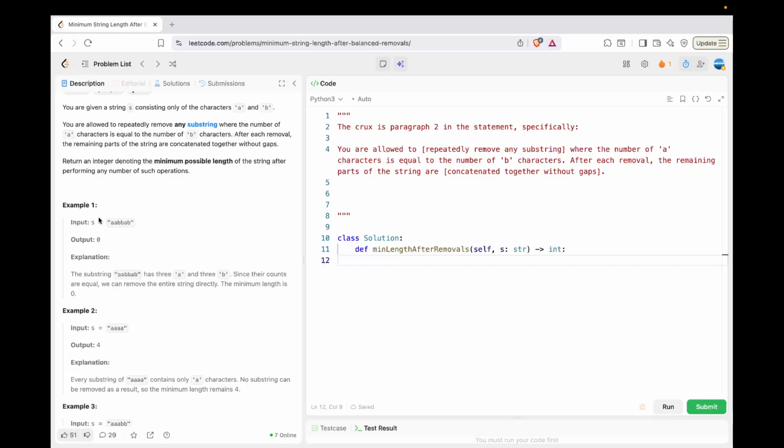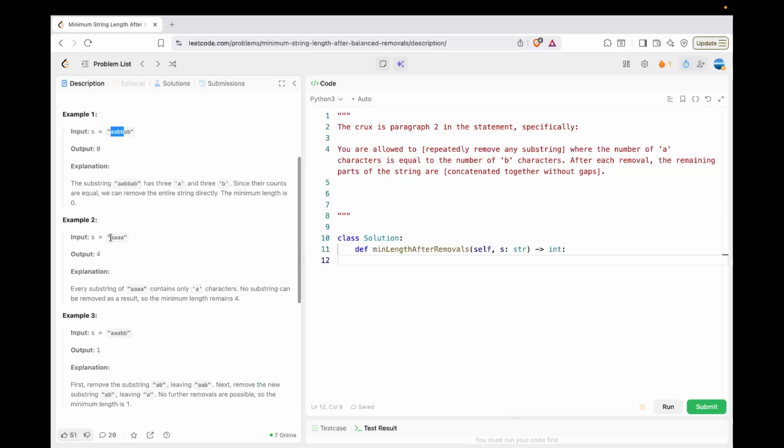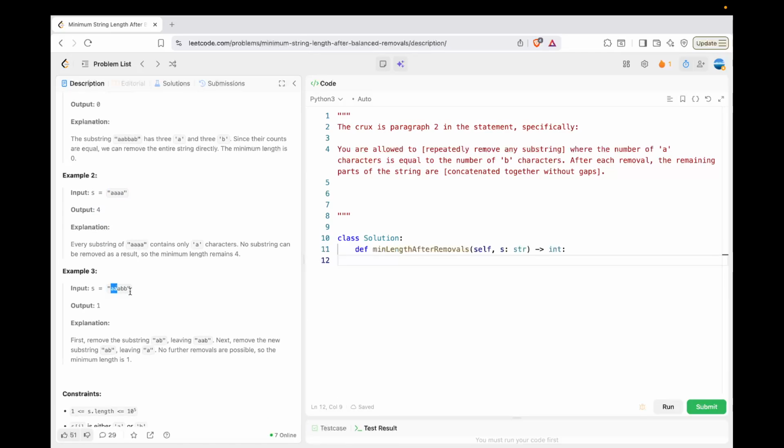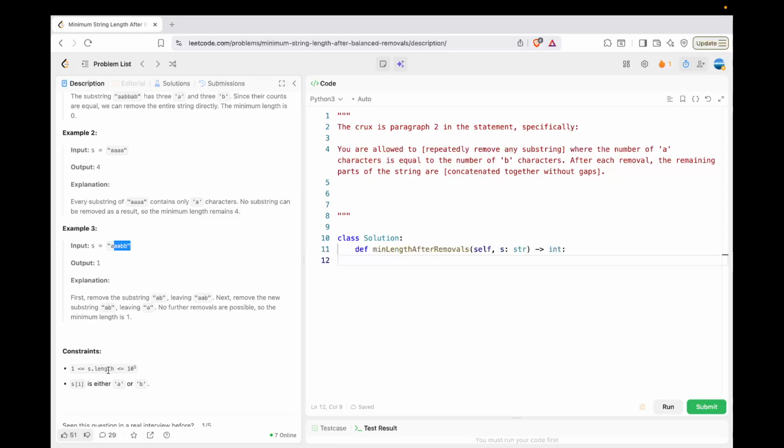If you look at example 1, you can, for example, remove this 4. You get AB left, and then you can remove AB. But you can also remove these two ABs, right? Then you can remove another two ABs consecutively, so you get 0 length. For this one, the characters are all A's, so we cannot remove pairs, so we get 4. Here we can remove this AB first, and then remove the remaining AB, so we are just left with 1 A, that's the 1. Here the length is bounded above by 10 to the power 5, and then